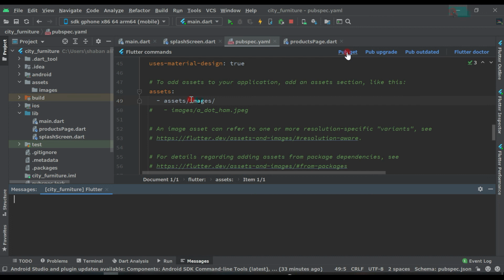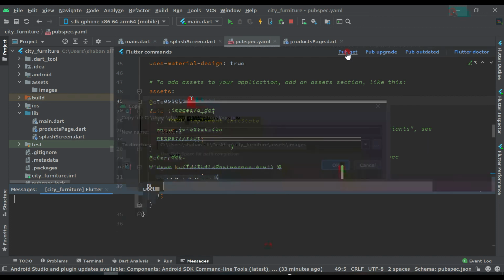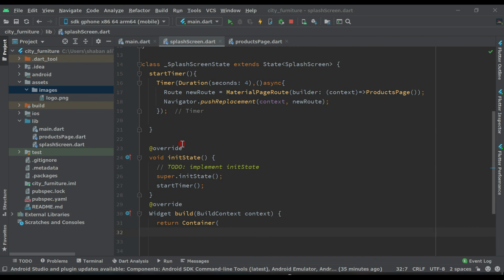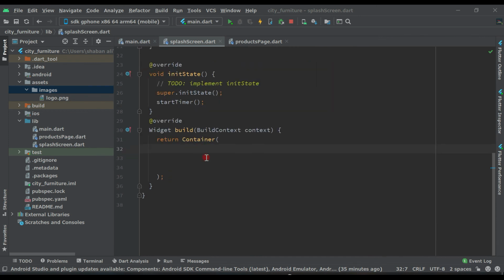Now here inside this container, let's create child, Center, and the image is Image.asset.